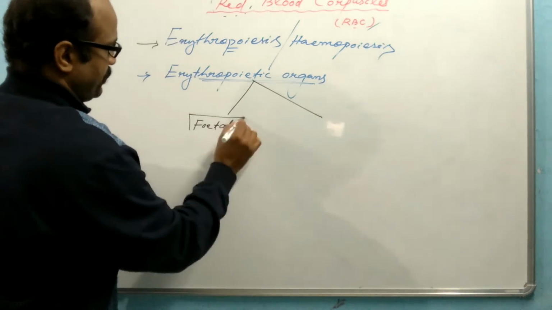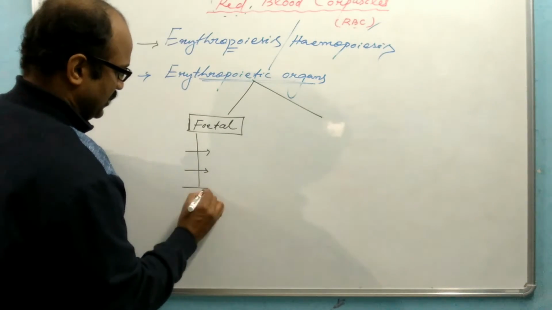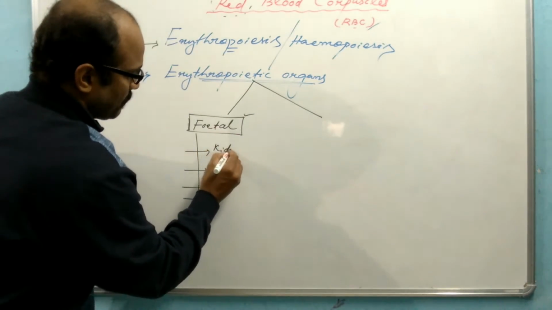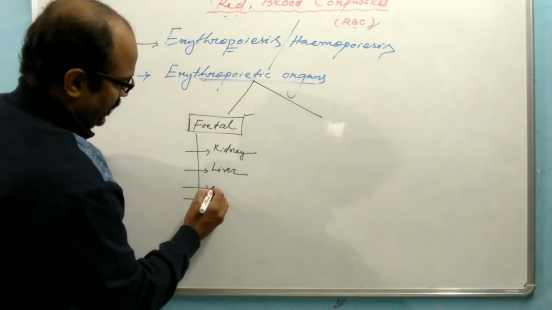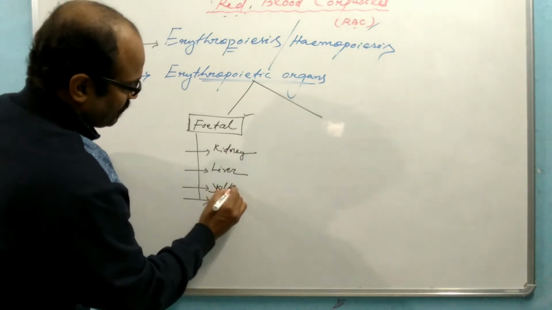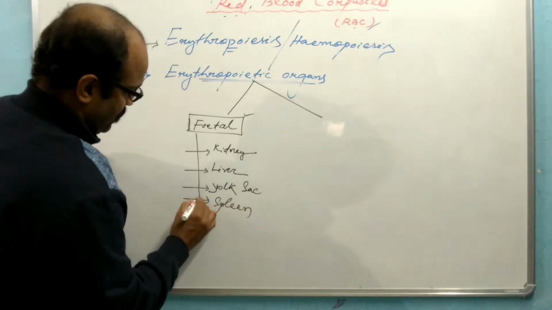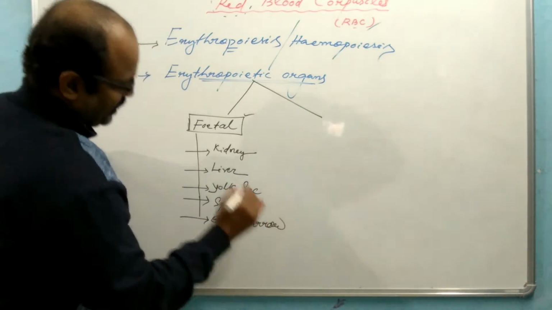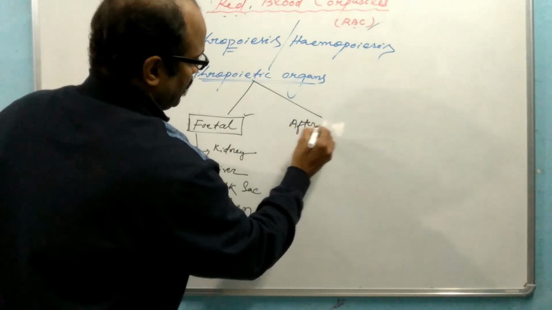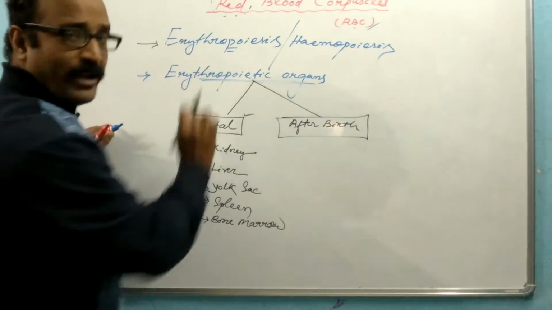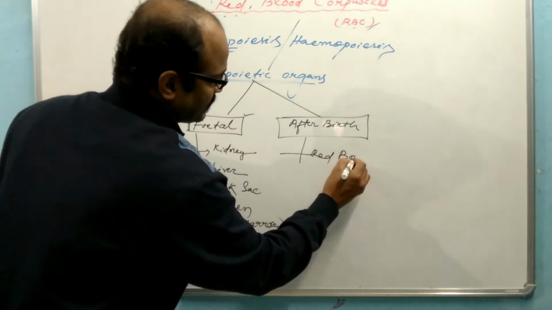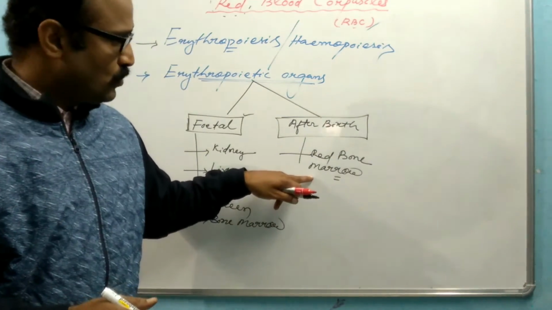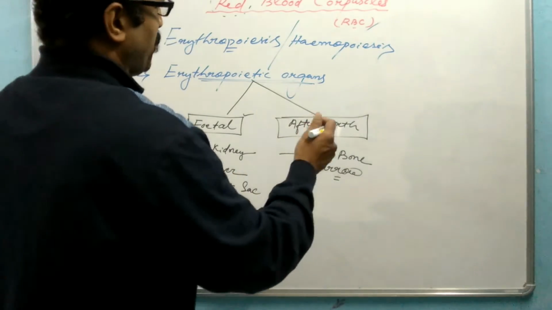In fetal condition, these organs are several in number. In the fetal condition, erythropoiesis takes place in the kidney, liver, yolk sac, spleen, or bone marrow. But after birth, hemopoiesis takes place only in red bone marrow. The red bone marrow cells which germinate into RBC are actually known as